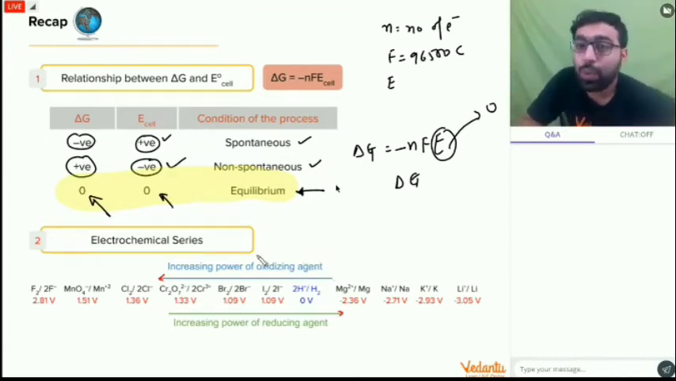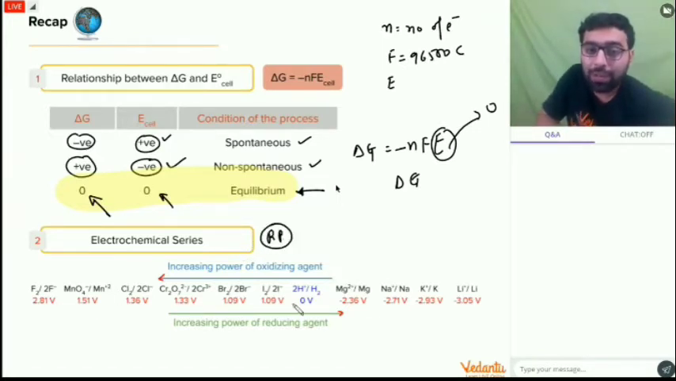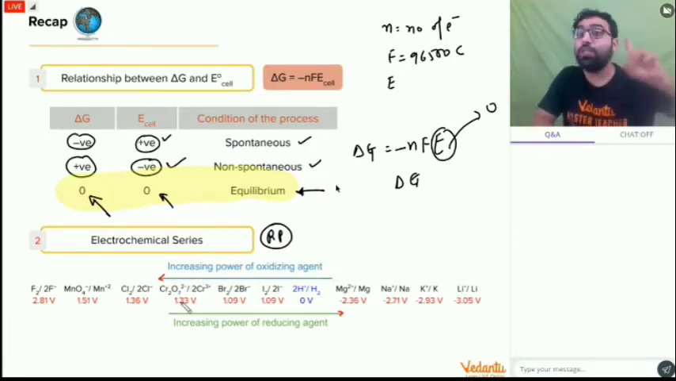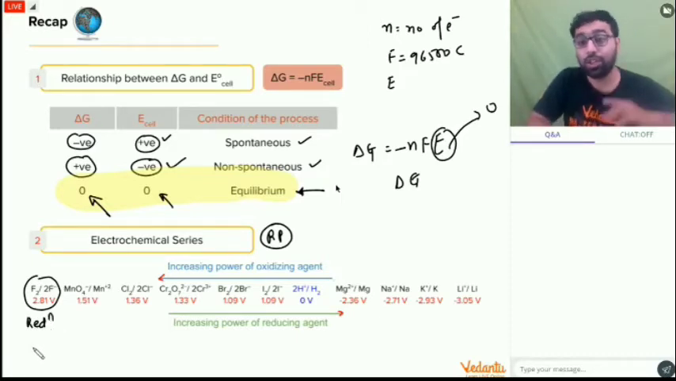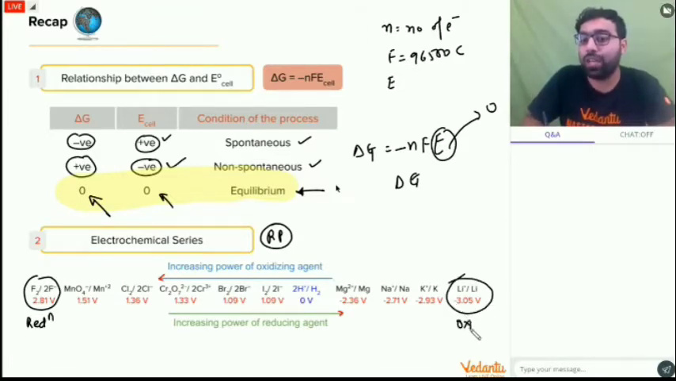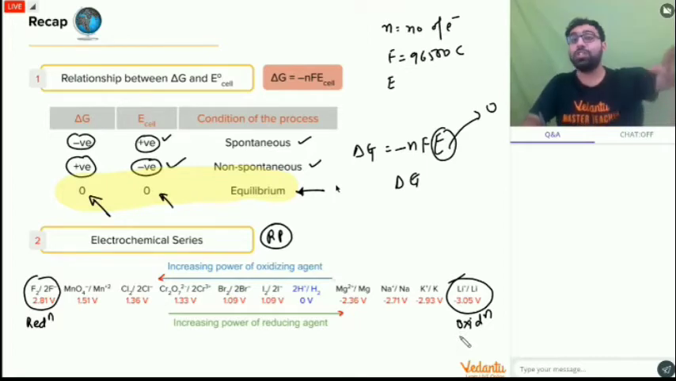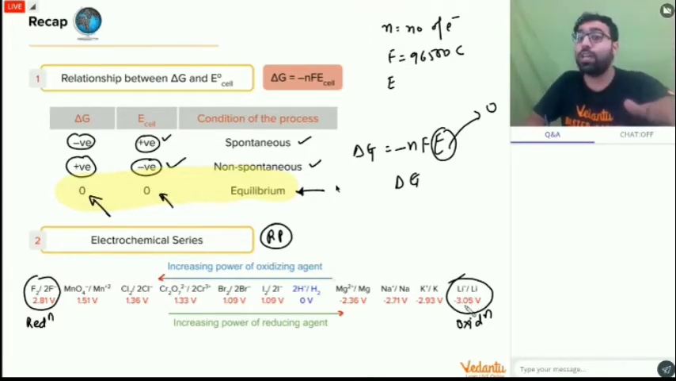So there is one electrochemical series. This was based on reduction potential. So we have written standard reduction potential. The first point, the most positive value, reduction will happen, because the higher the reduction potential, the more reduction appears. The lower the reduction potential, oxidation happens. The more the reduction potential, the more will be reduction, and the lesser the reduction potential,